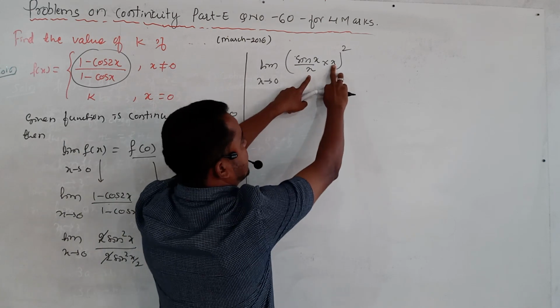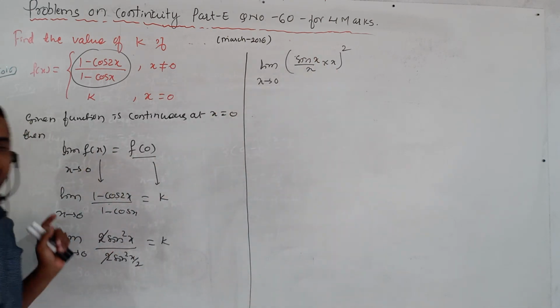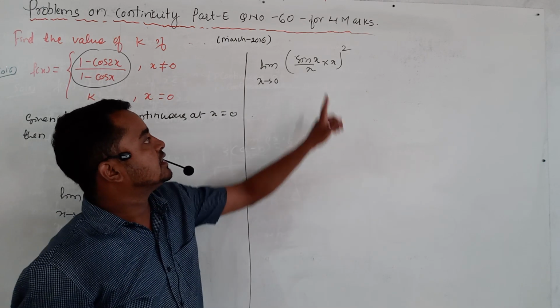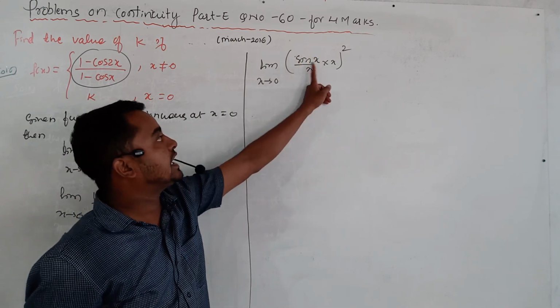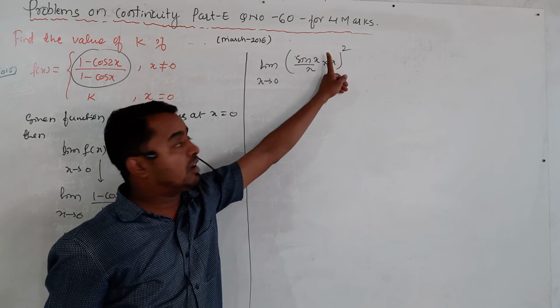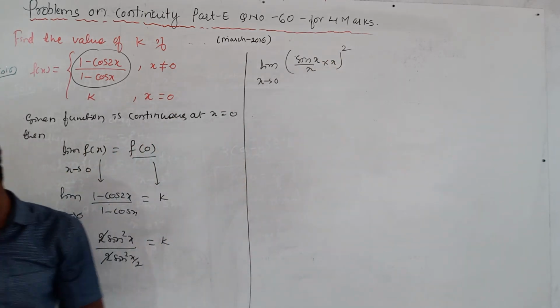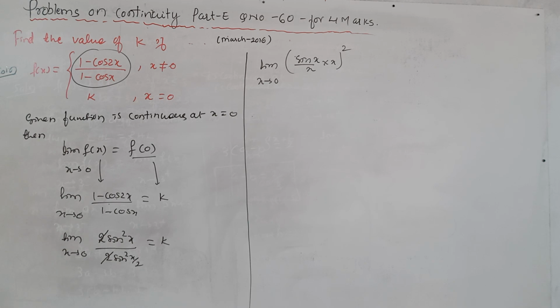If you cancel this x and this x, again you will get sin square x. So this arrangement I have done here: sin square x can be written as (sin x) whole square, dividing and multiplying by x, whole divided by,